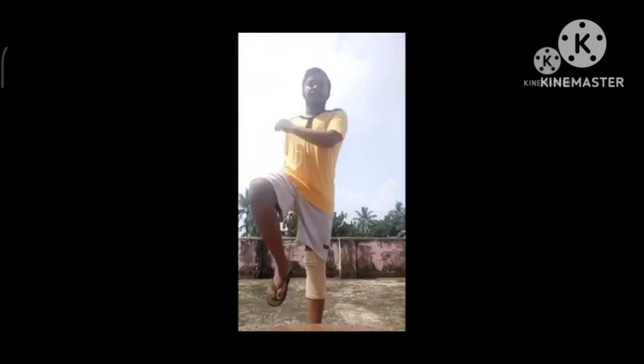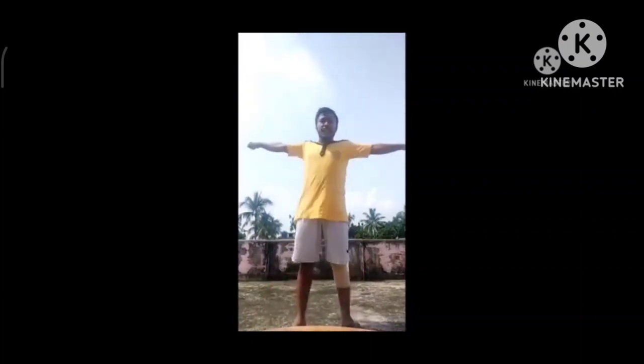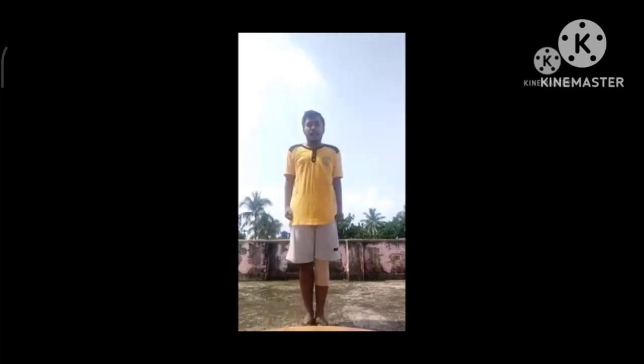Next, change. Then I will demonstrate my second exercise. Let's begin. In count 1 like this, my hands are above, at the shoulder level, and my legs will be in a standing position. In count 2, I have to jump and come to the attention position, and in count 3, again I have to jump and be in the standing position, and my hands will be at the shoulder level.